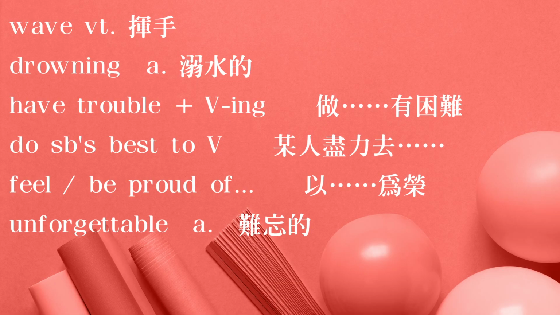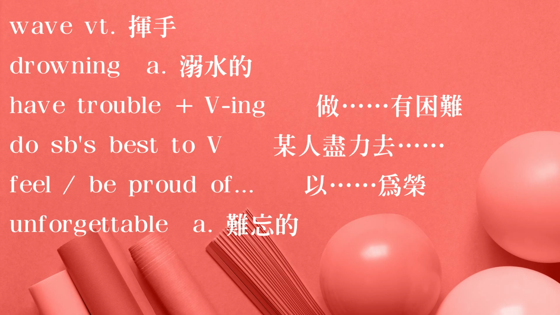You might be drowning in a body of water. 我们刚刚说 body of water. 大量的水。And you might have trouble staying above the water. So what does have trouble mean? 有困难做什么事情的时候，我们会用 have trouble。And here in this situation, staying above the water 就是在浮在水面上。Yes. Okay, so you might want to do your best not to drown. What does do your best mean? It's like try your best，就是你要尽全力的意思。尽全力。